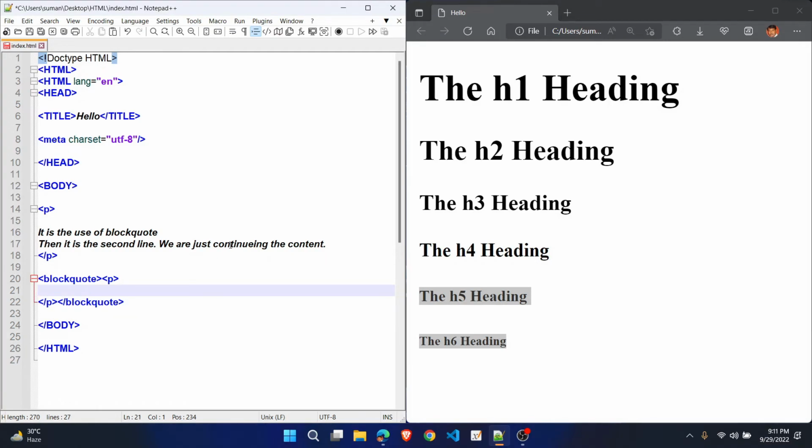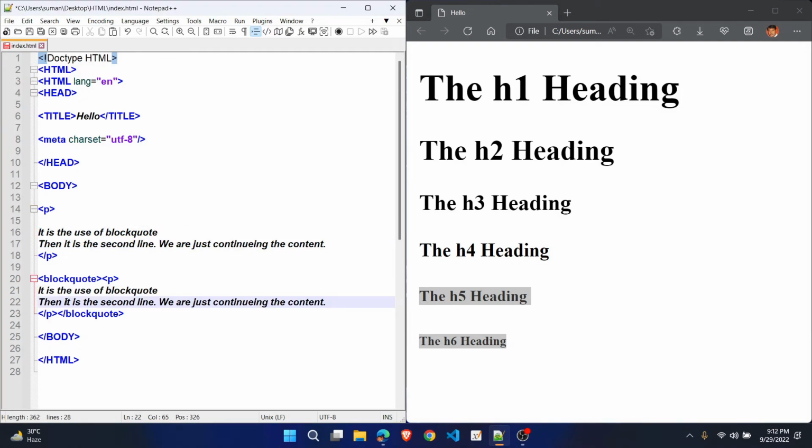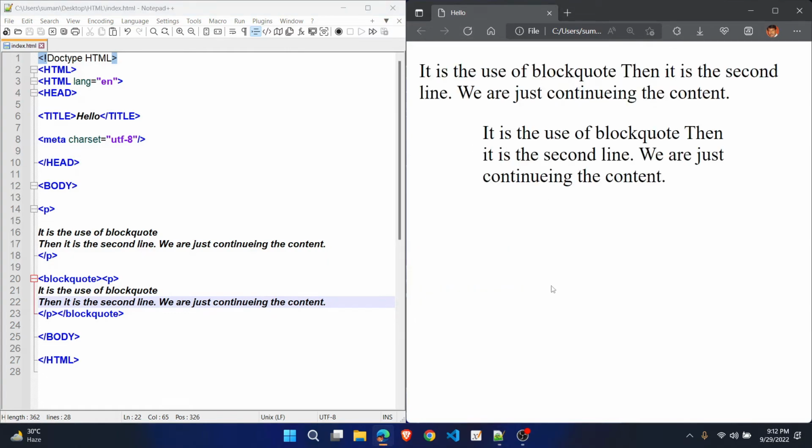So here we are using Control C and Control V, and after that we are saving it. So let's check what is happening here. Just refreshing the browser, and here